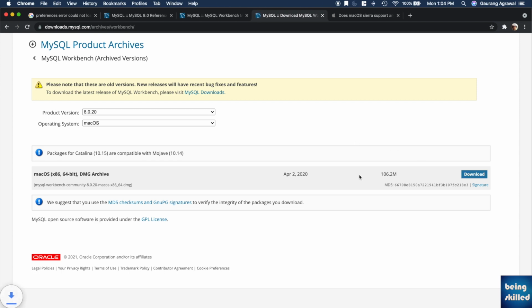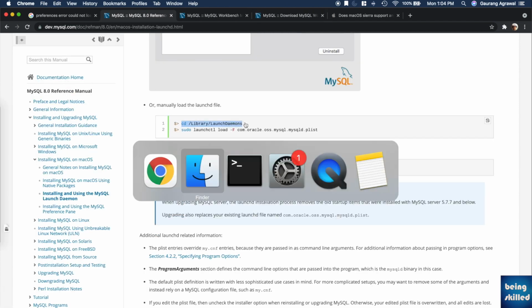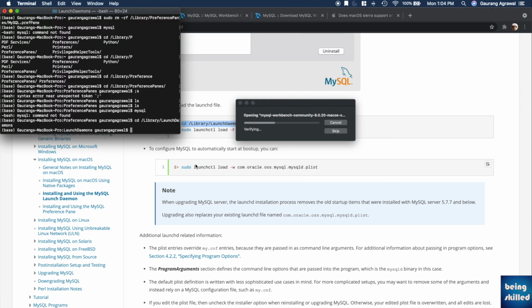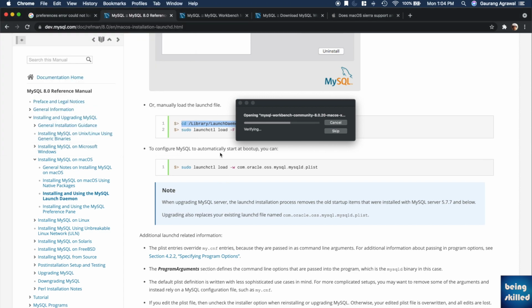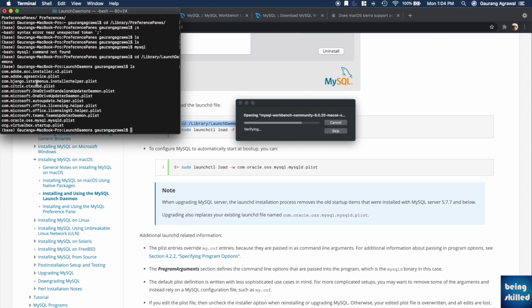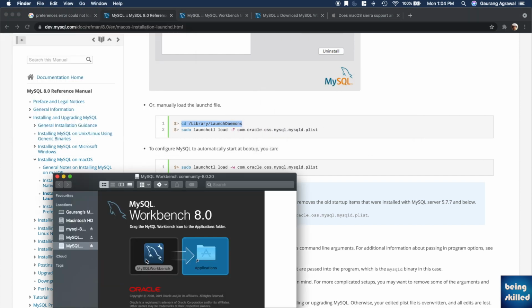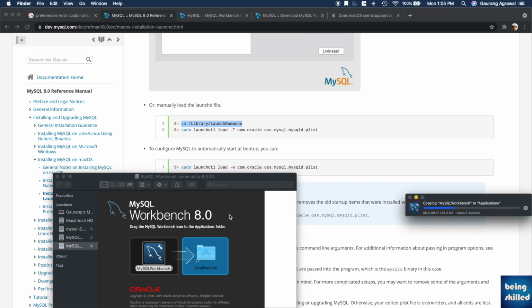So this one is compatible with Mojave, so we will click on download and run the installer again, and it is currently loading. And it has loaded. Now we will move the Workbench file to the applications folder of our operating system,